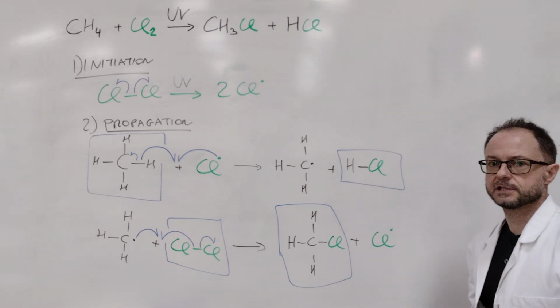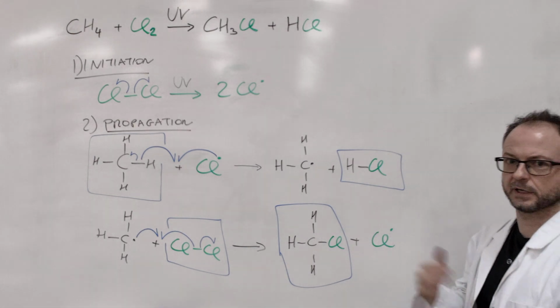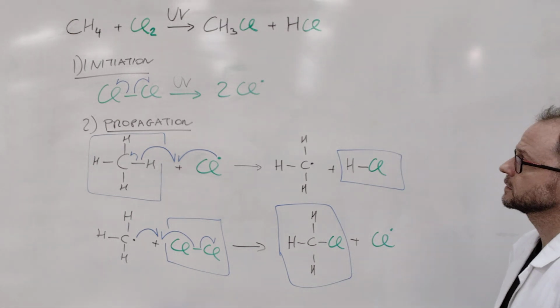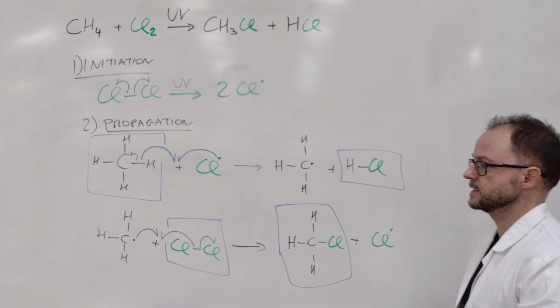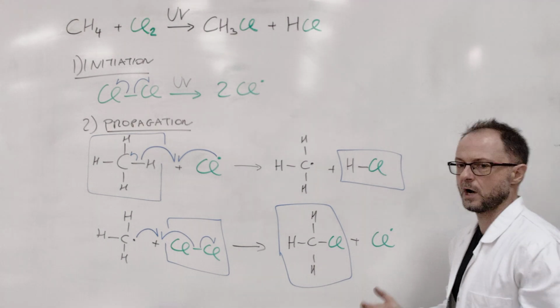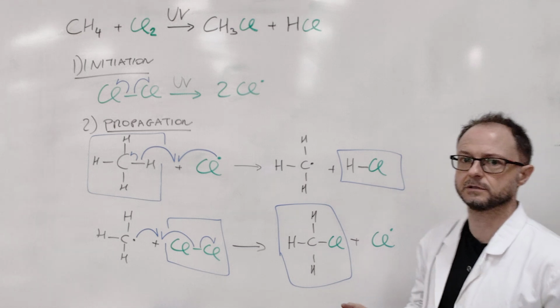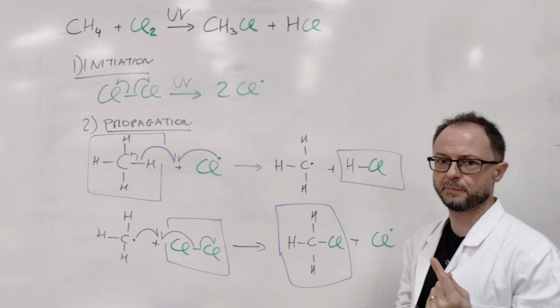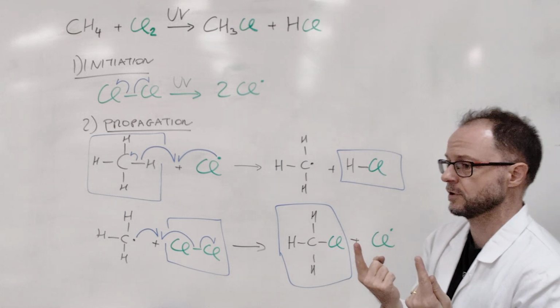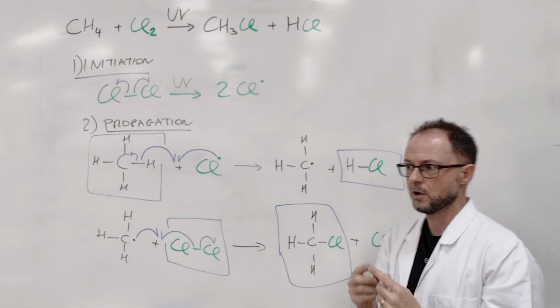Of course, the reaction has to end somewhere. It can't just keep on going and going forever. So, the third and last part is the termination step. Well, what happens if two free radicals were to collide with each other? One unpaired electron and another unpaired electron are going to make a pair of electrons, which is a covalent